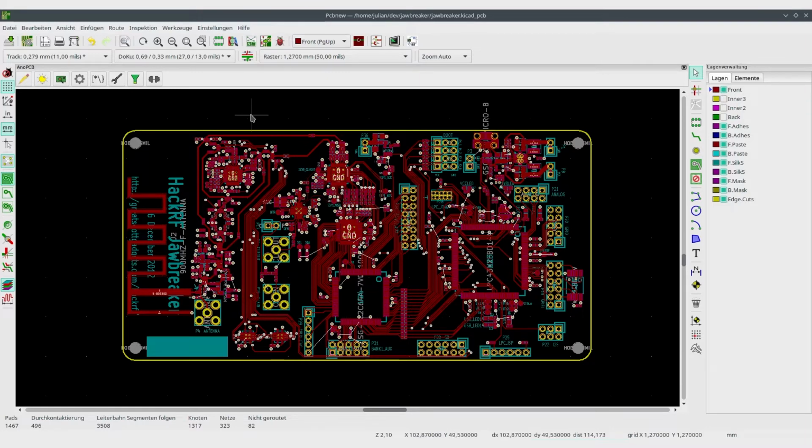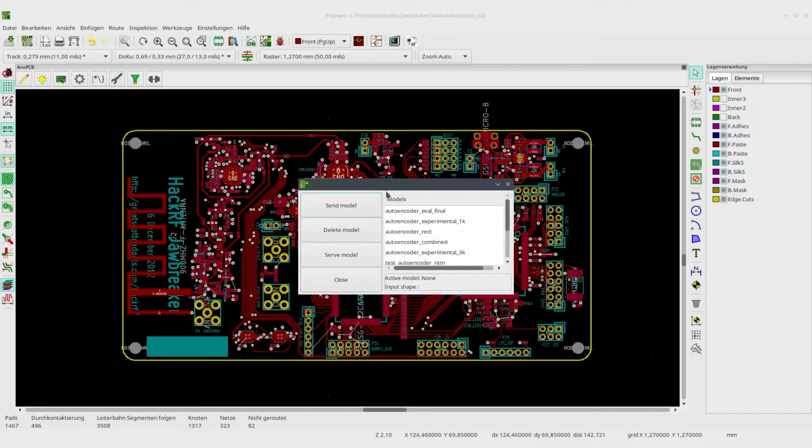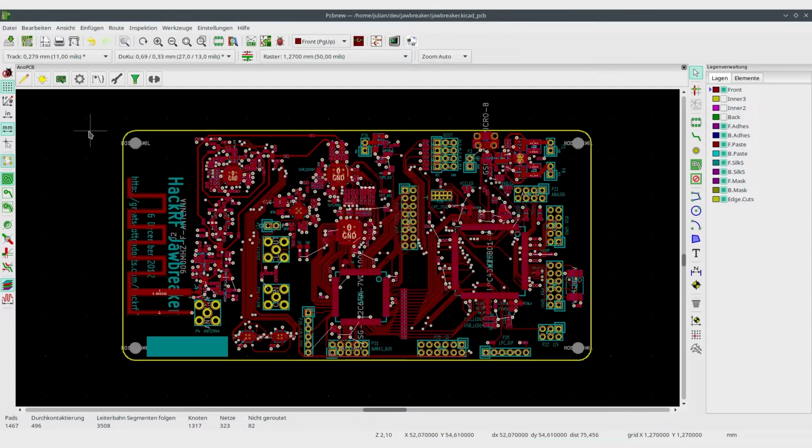Once you've annotated your board, you could start the analysis, but first of all you will have to choose a model. So we also have to take a look at the server options with this button here. Now the plugin will start the server in the background, and now it's running. It will give us a list of the models it has, and we can just choose one of those and serve it, and then it's chosen for us. And now we could start the analysis. So let's say we already have a pre-trained model fitting the options. That would be the scenario for your design process.